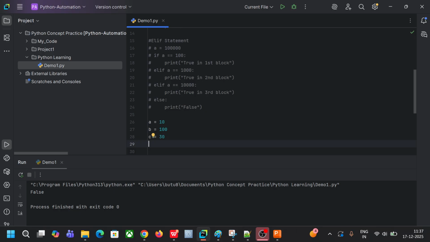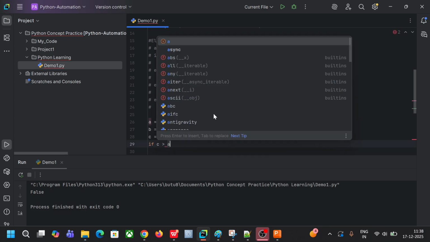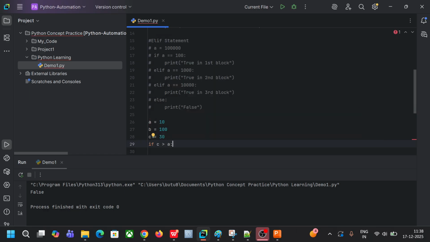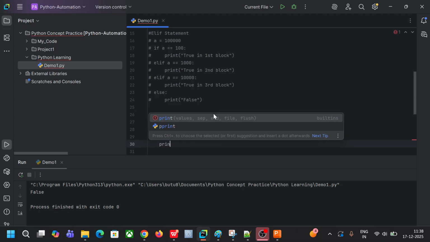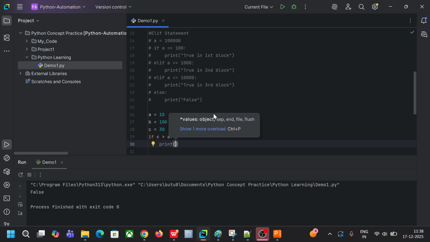Okay, let me see if c is greater than a, then print